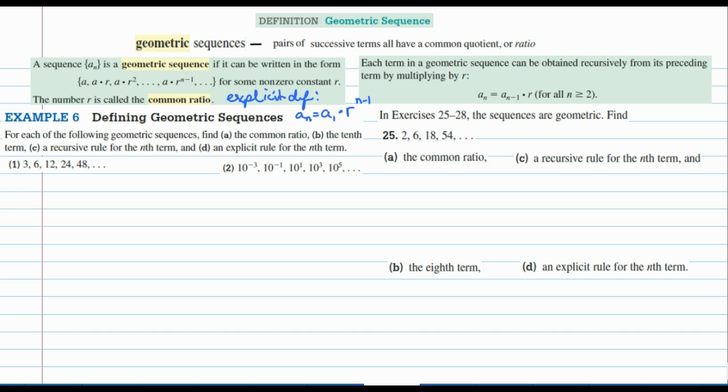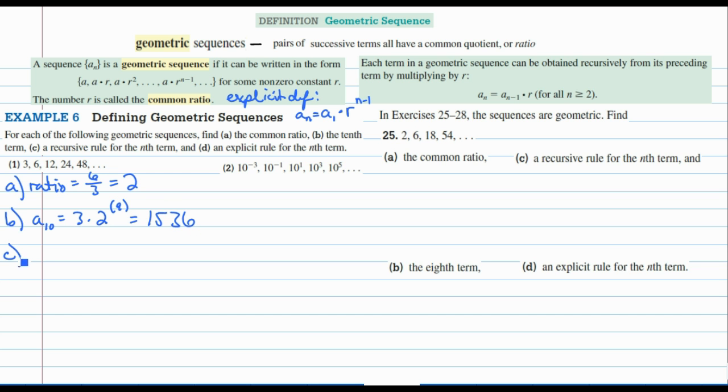In example 6, we are supposed to find the common ratio, the 10th term, a recursive rule for the nth term, and an explicit rule for the nth term. So let's get started. The common ratio will be the second term divided by the first term, which in this case is 2, which means the 10th term is going to be 3 times 2 to the 10 minus 1, so 9th, which is